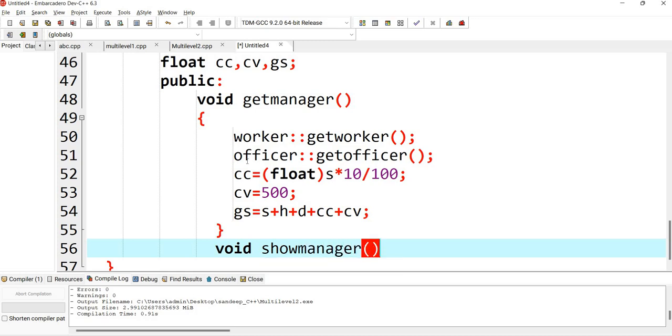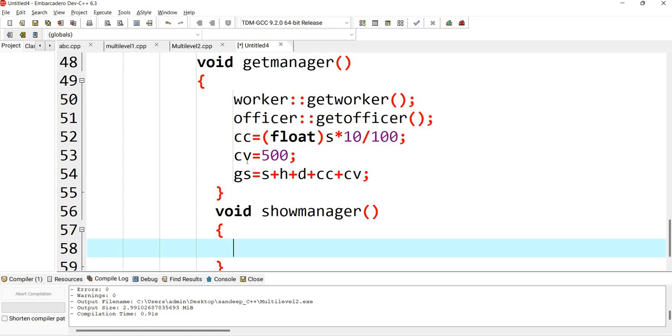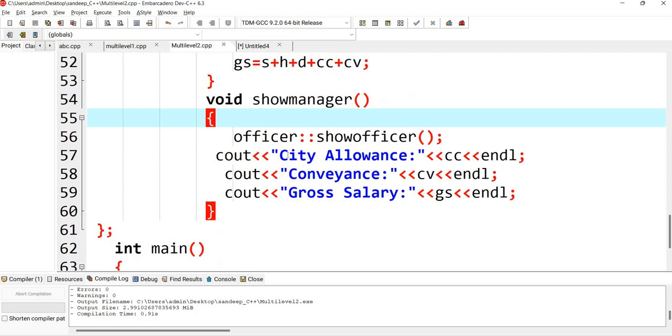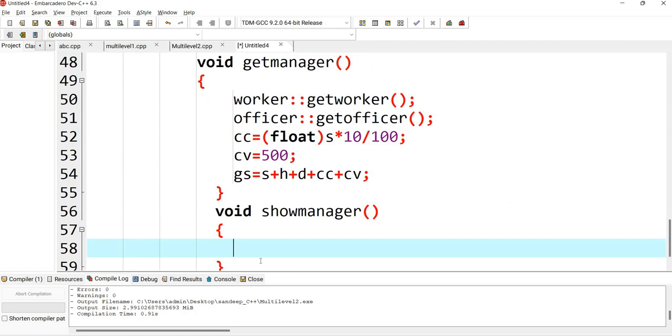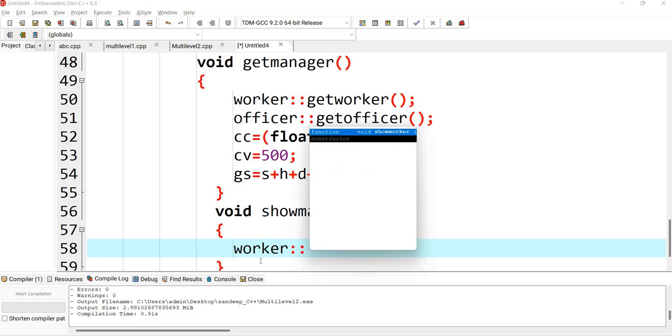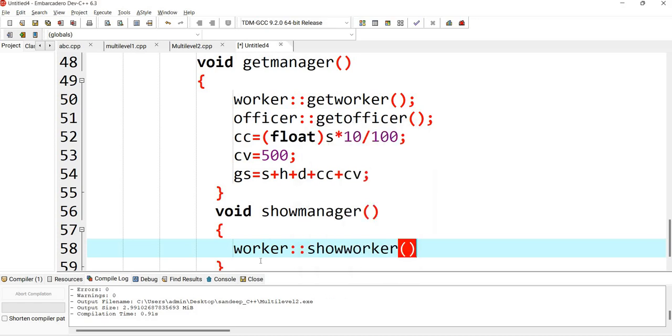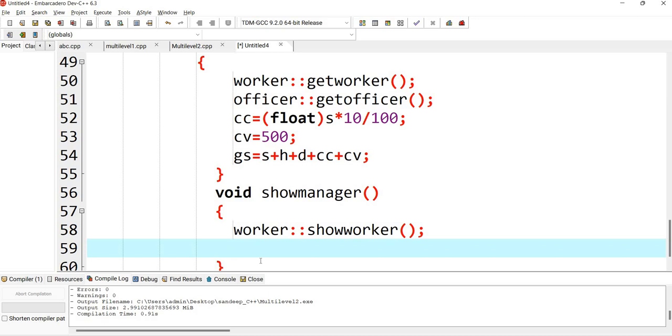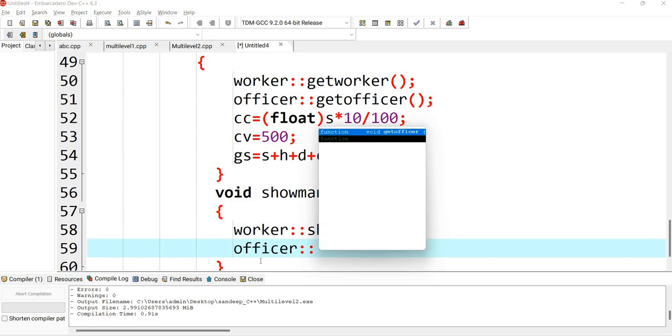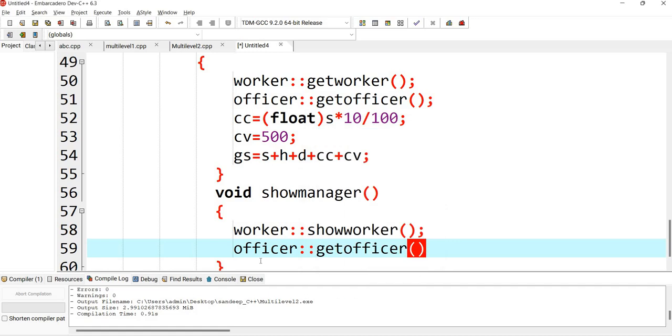Again I'll call all the member functions which were called earlier, that is, I'll be calling show worker and show officer here in show manager. You can see show worker for displaying the output. Officer, again I'll write here double quotes, show officer.